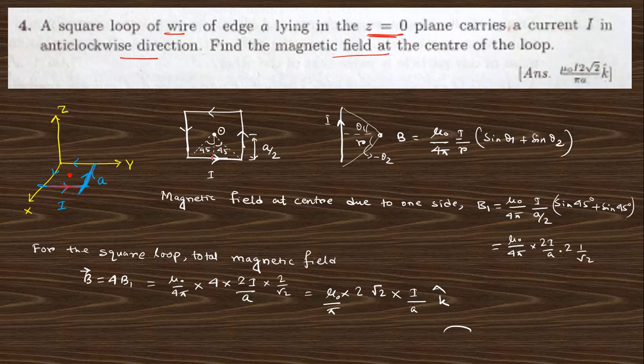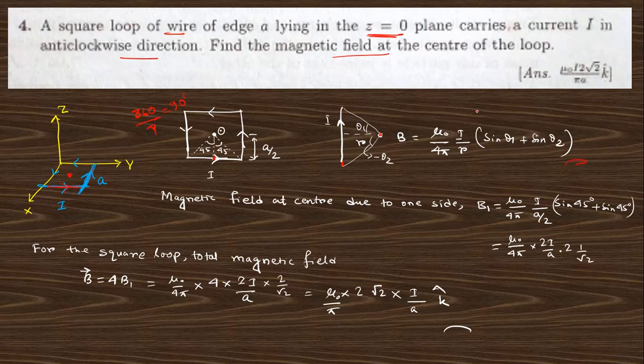For a single wire, you can see from here that the total is 4 parts, 360 degrees. So for a single part this is 90 degrees, and this 90 is divided into 2 parts, 45 degrees and 45 degrees. And this is the general formula for a current carrying wire at a point P at distance r with angles theta 1 and theta 2. Then this is the general expression.